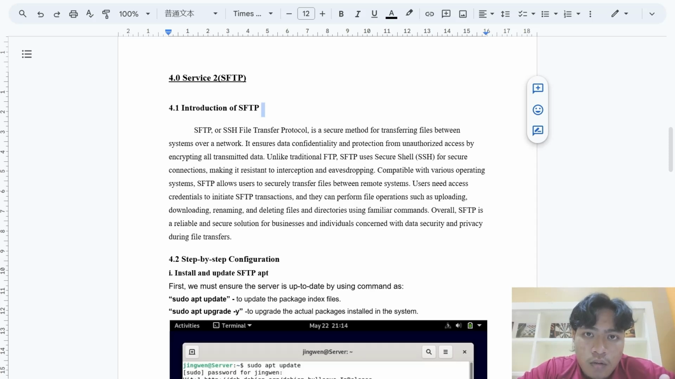SSH is a secure shell with a secure connection, making it more resistant to interception or even eavesdropping. It is more compatible with various operating systems. SFTP also allows users to securely transfer files